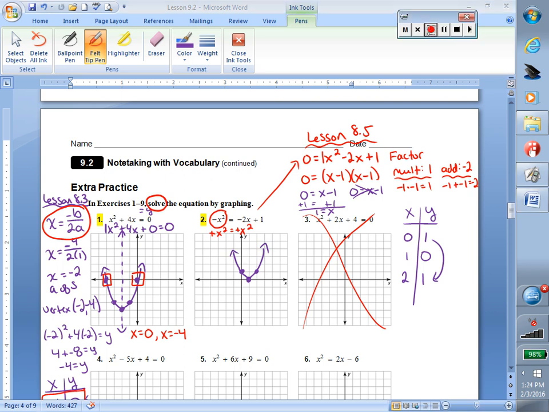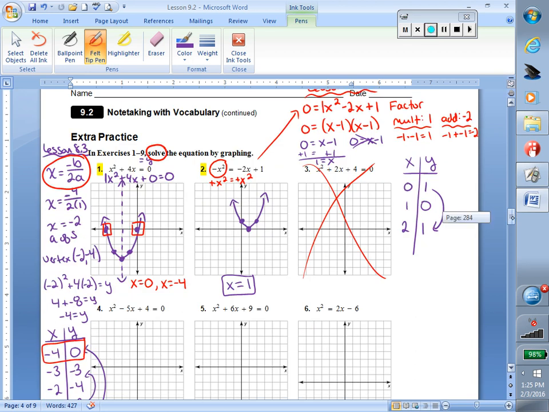Now, once you graph, though, you can't forget to actually answer the question, which is, well, what's the solution? The solution is your x-intercept, so in this case, x equals 1 is my solution. And again, we talked earlier, we could have 2 solutions, like we saw in number 1. We could have 1 solution, like we saw in number 2. Or,